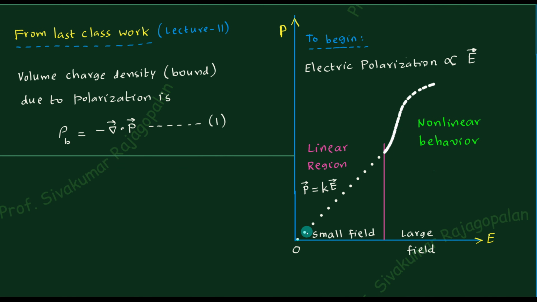But if you're going to keep the electric field to a reasonably small value, in fact, you can't tell specifically some value, because the value all depends on the material under consideration. So if you change the material, the values will keep changing. But roughly speaking, anything of the order of 50 volt per meter, 100 volt per meter, so these are reasonably low electric fields, in which case you can observe this kind of a straight line behavior, which means that the polarization is proportional to the electric field.